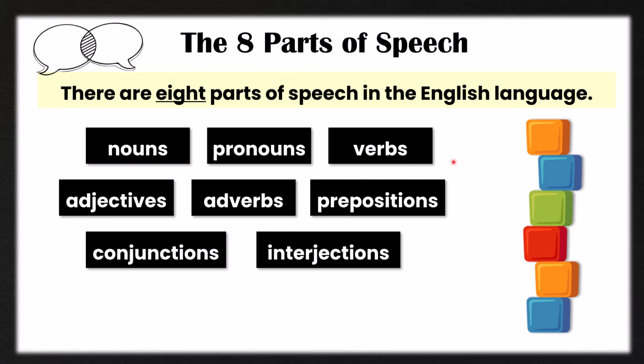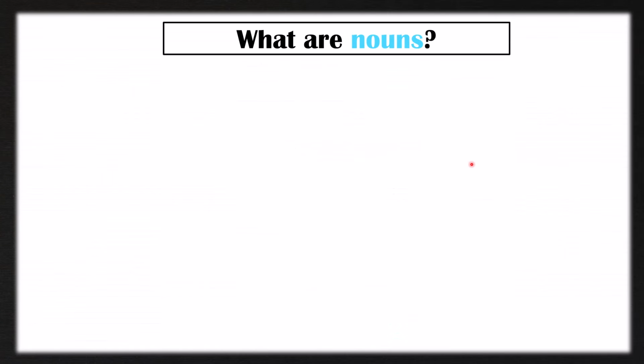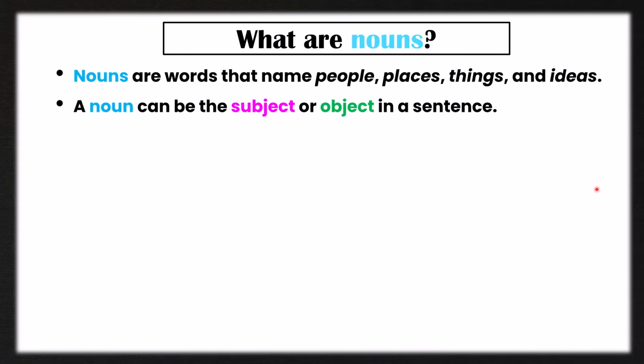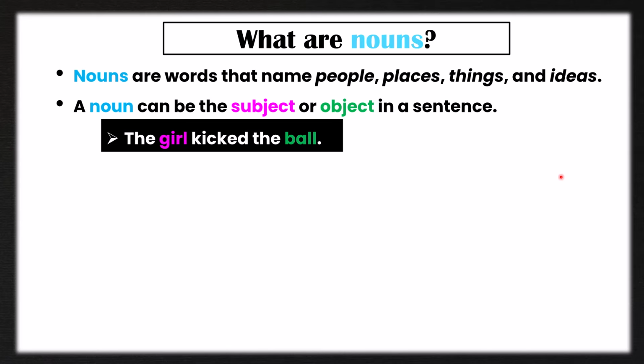But first, let's talk about nouns. Nouns are words that name people, places, things, and ideas. And a noun can be the subject or object in a sentence. For example, the girl kicked the ball. Girl is a noun and ball is a noun, but the girl is the subject of the sentence and the